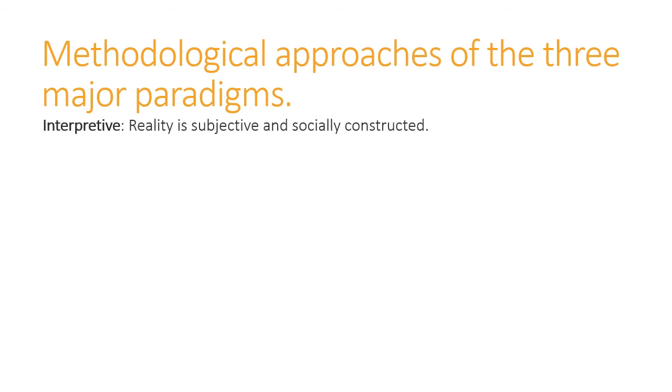So interpretive, the fundamental assumption is that reality is subjective and socially constructed, right? The individual's experience is paramount. And based on all of our collective individual experiences, that's how we create our reality. That's how society is built. And that's what people mean when they say something is socially constructed, right? It is the way it is because we agree that it is. They're saying that there's nothing fundamental about the nature of reality other than our individual experience and our collective experience.